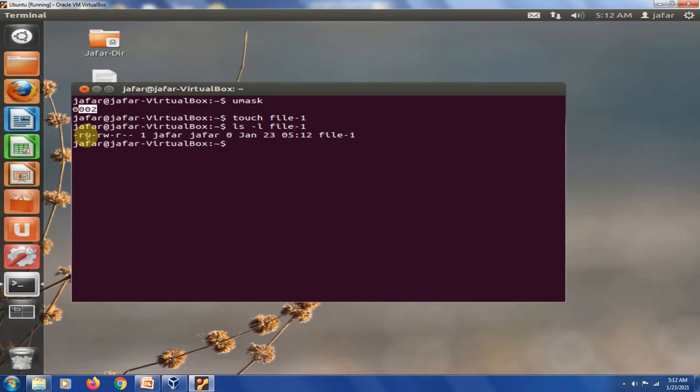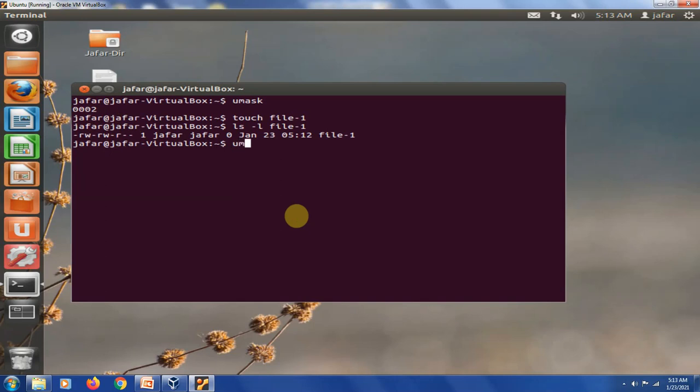So here, by default, whenever I create a file, as I told you, Linux is willing to give you read and write permission, 666. But 6 is created for user, and 6 is created for group, but in the case of others only 4 got created. Read permission got created because for others we have 2 as the filtering in our umask.